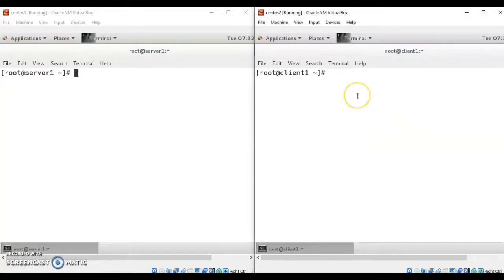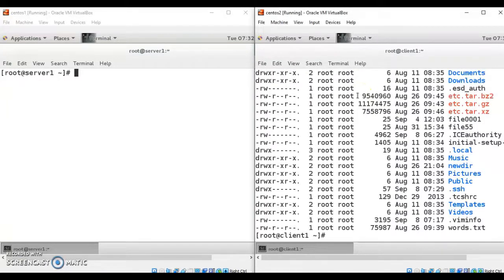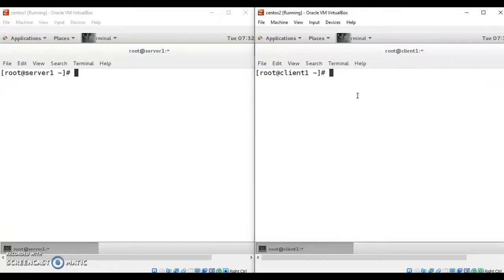Once you have created the public and private key for the root user inside .ssh, you need to copy the public key to the remote machine, that is the server machine. To copy the public key, we use the command ssh-copy-id.